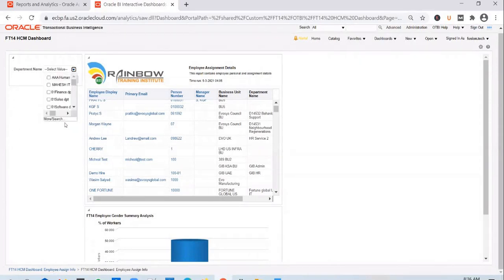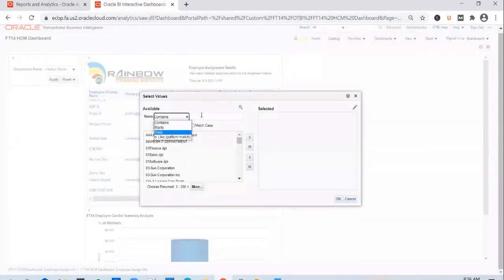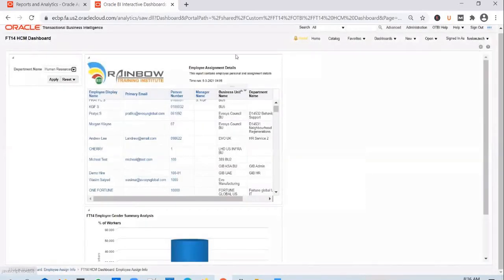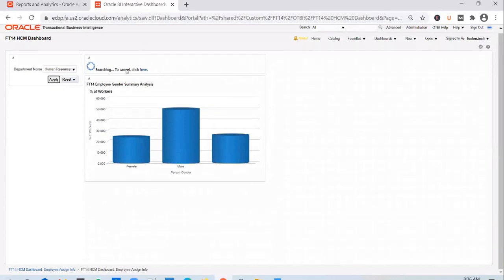Okay, so you click on the drop down, select a couple of departments. So for example, say ends with UK. And the moment the selection changes, you should see the reports getting executed again. Select Human Resource UK and say Sales UK. Select a couple of them, it's okay. And the moment you click on apply, you will notice that this report is getting executed again, but not this one because we didn't add a prompt here.